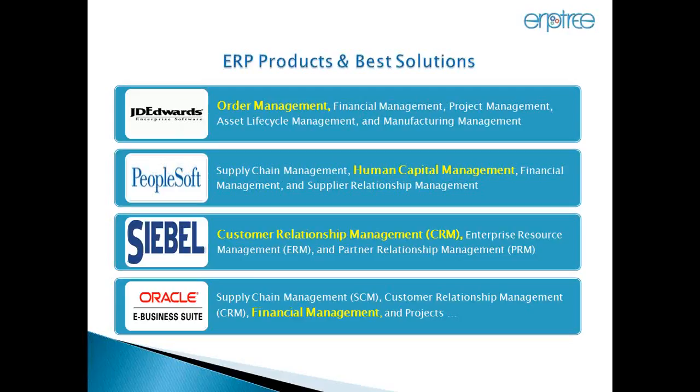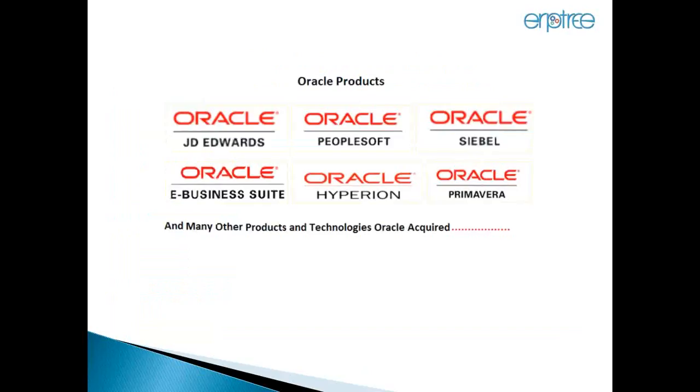Again, they have to get a big technical team to build the integration, to run the entire show, and to streamline their business processes. So for that reason, what Oracle did is, we know Oracle EBS is owned by Oracle only. Apart from Oracle EBS, Oracle acquired many ERP products. JD Edwards, Oracle acquired, now it is Oracle JD Edwards. PeopleSoft Oracle acquired, now PeopleSoft is Oracle PeopleSoft. In the same way, Siebel Oracle acquired, and EBS is anyway their own product.